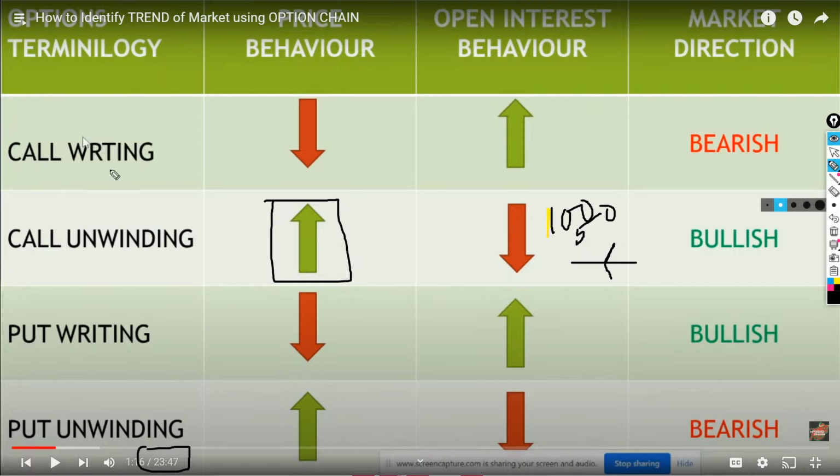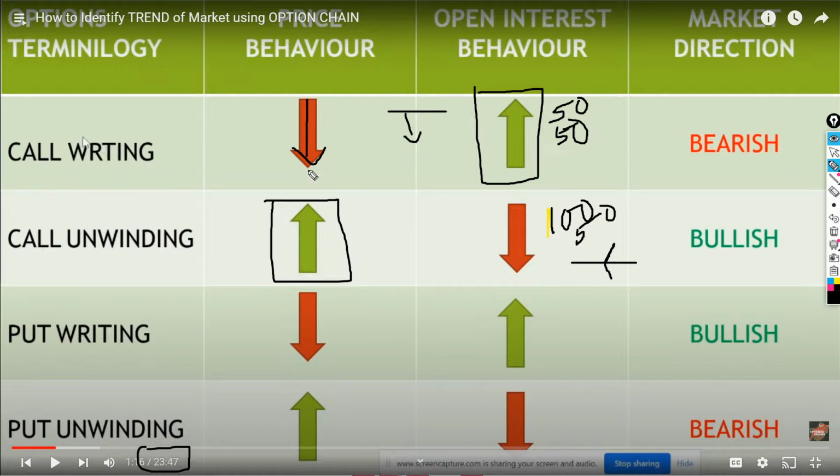Let me take another example. Say 50 people went for call selling. Premiums are falling down. What does that mean? Whatever strike is sold, the market is below that strike. So now either you will increase your quantity, or other people will come and sell that particular strike too, because they think that strike is safe. So another 50 people will add up here, and that's the reason your open interest will increase.